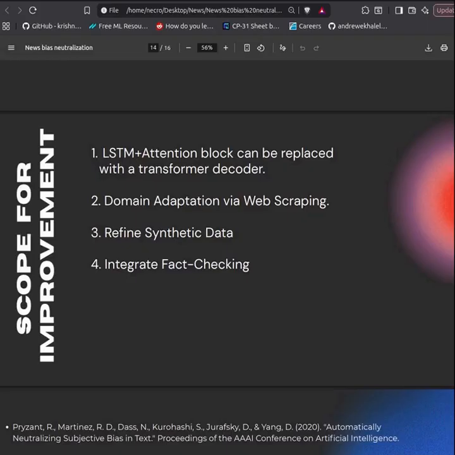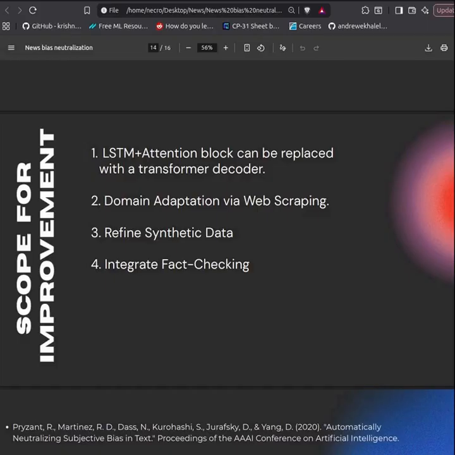Now, if we talk about the scope for improvement in this project, I think this was a successful proof of concept, particularly for the metrics which I have used here. However, there is a clear path for future improvement, mainly in 4 areas. One is to modernize the decoder. The LSTM decoder I have used is actually on the older side. This paper came out in 2020 and there has been progress made since. We could use a modern transformer decoder, which would most probably boost performance.